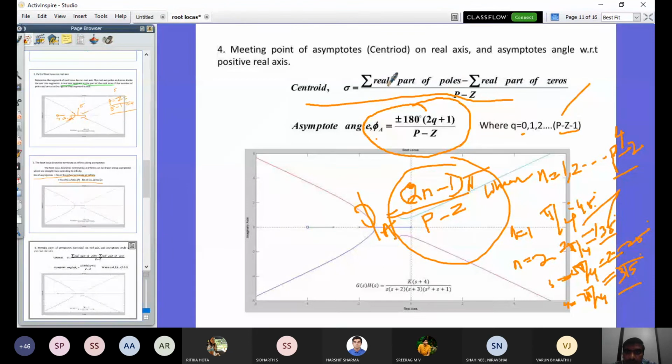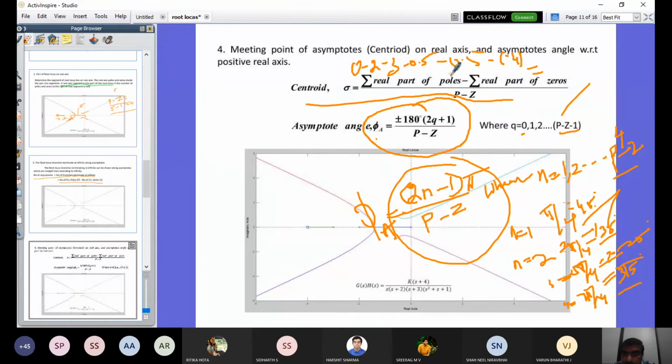We can find it from the sum of real axis poles minus sum of real axis zeros divided by P minus Z. Sum of real poles, what are the poles we have? One pole 0, lying at the origin, then minus 2, minus 3, and only the real part is minus 0.5, minus 0.5. Very good dear. Minus 0.5, minus 0.5, and 0 will be there, no? So minus 4. Minus of real part of the poles will be minus 4.